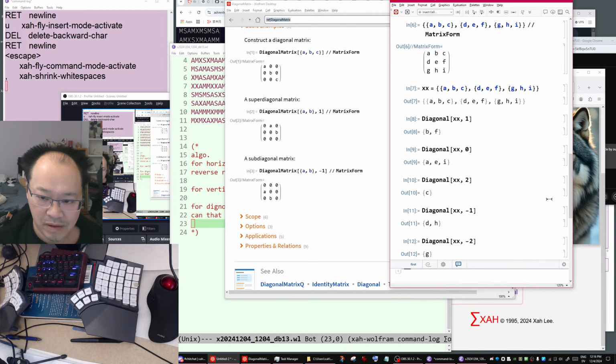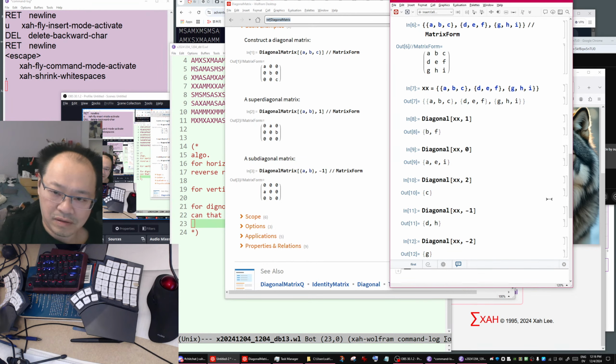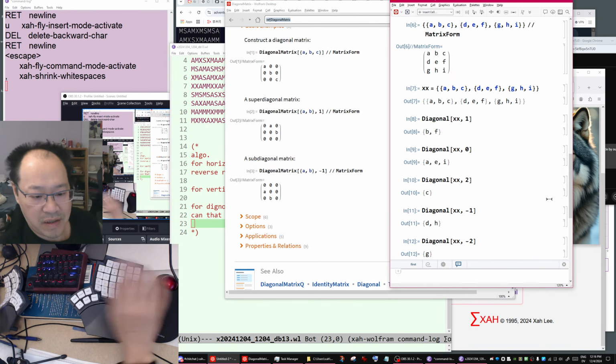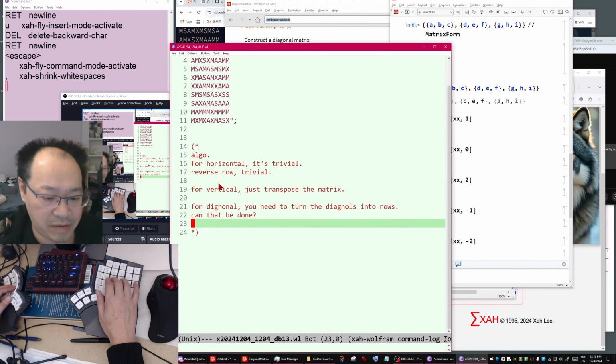Then you've checked all the diagonals from the backslash, so you transpose the matrix, do the diagonal again, and also reverse.